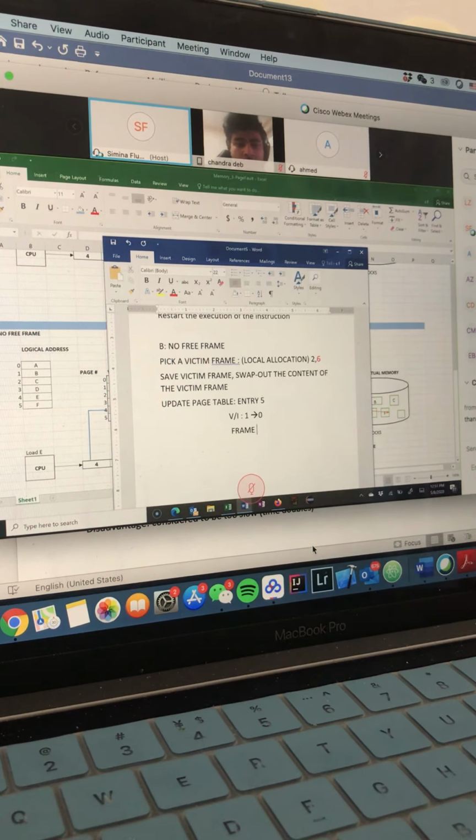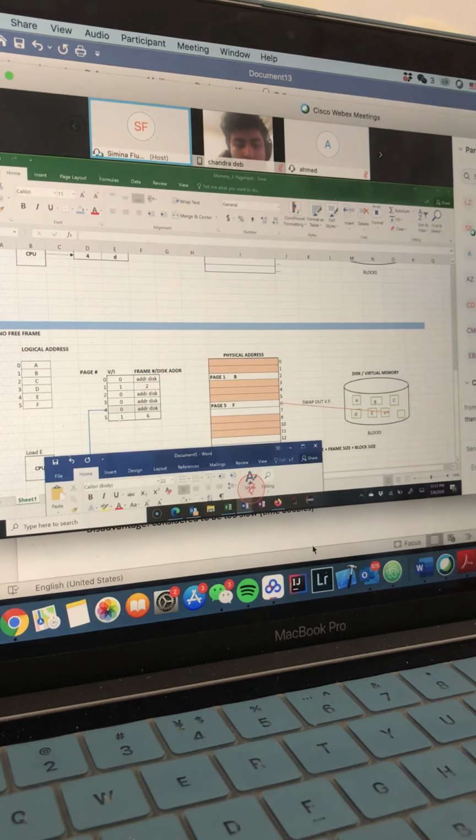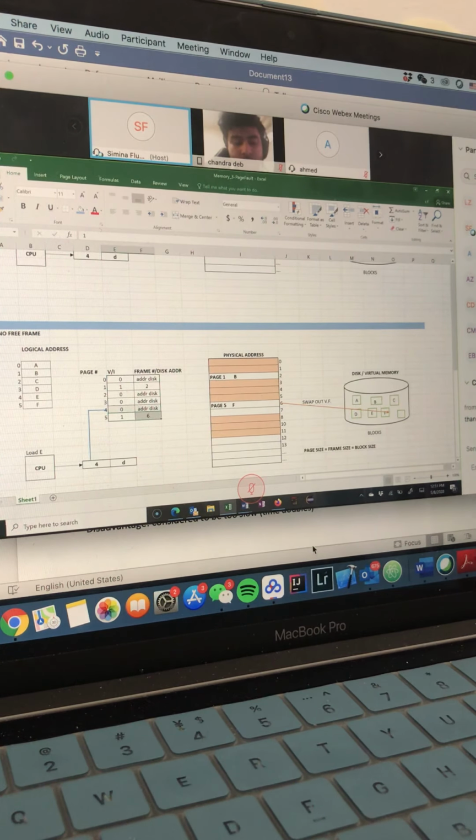And for the frame number field, the frame number, which was 6, is going to become an address on the disk. So right here, the first update, we're going to have 0, and then here we're gonna have a disk address, or address on the disk.